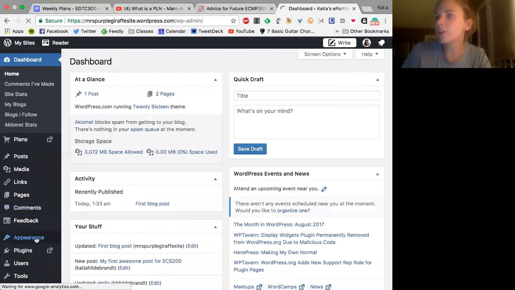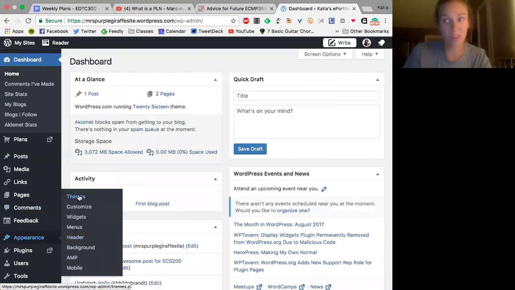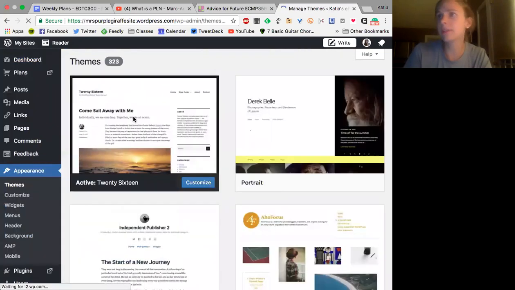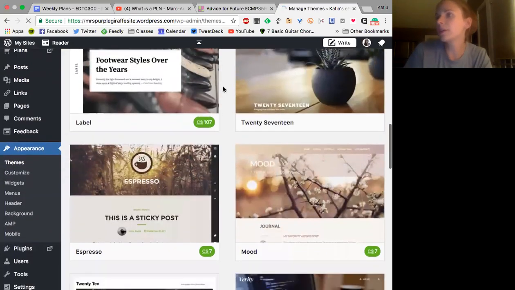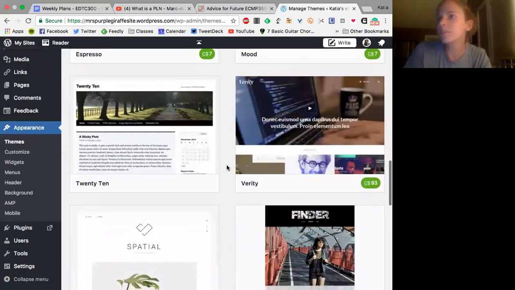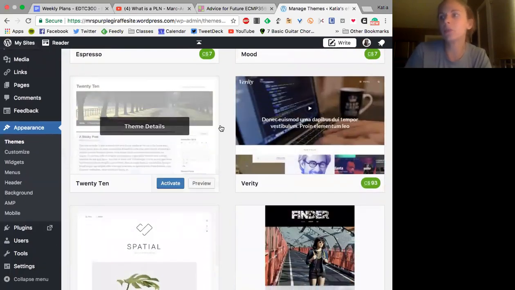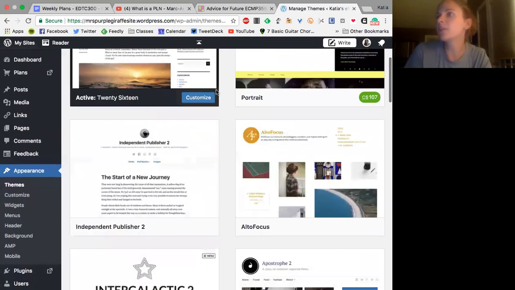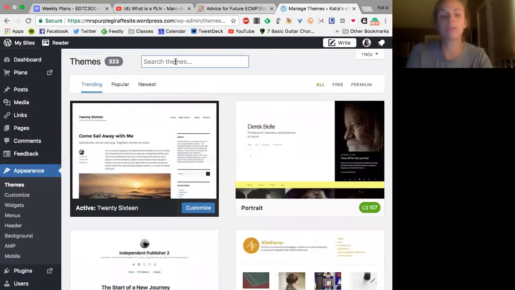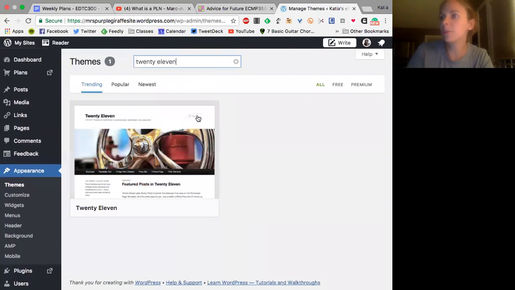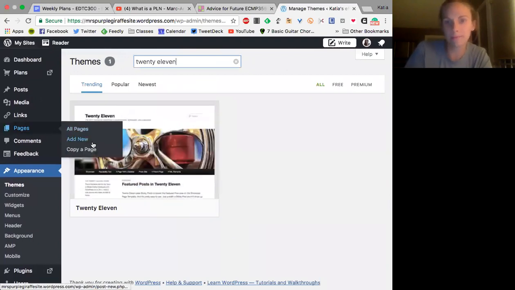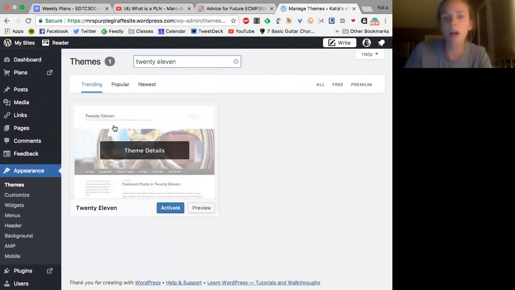The other thing is under appearance, you can change the theme, right? So if you go to themes, you can now go in there and you can go through all of the themes. You can try out different ones. So you can see there's 2017, lots of different options. There's 2010, a really easy to use theme. If you can't find the one you want, you can always search. So if I couldn't find 2011, I can just go in here and type it in the box there. And so there's 2011, right? If I want to use that. So you can play around with this. And again, it'll just transfer your stuff, so don't worry about it.